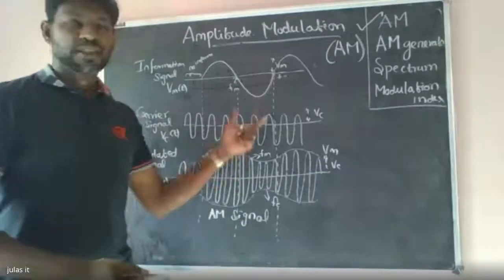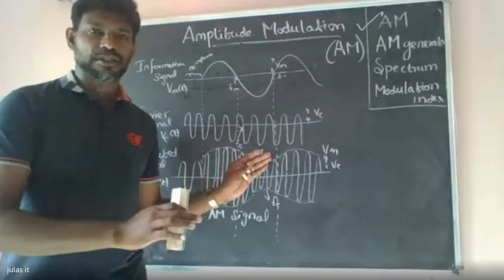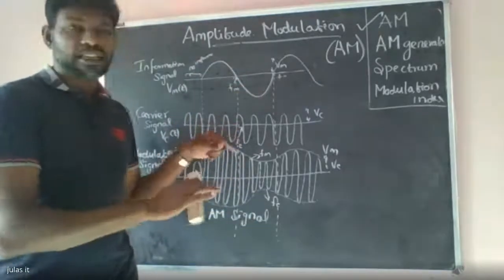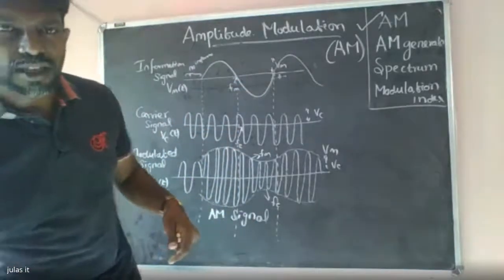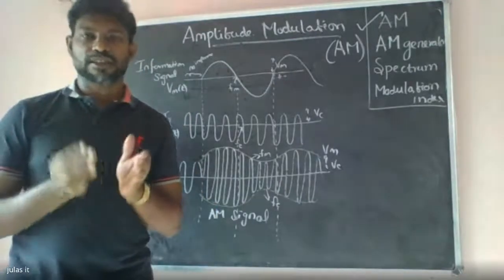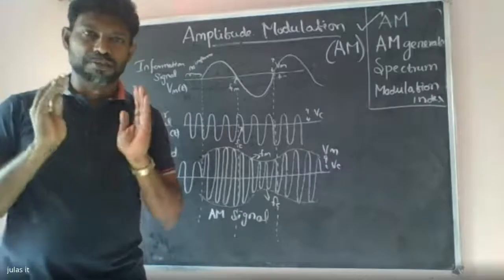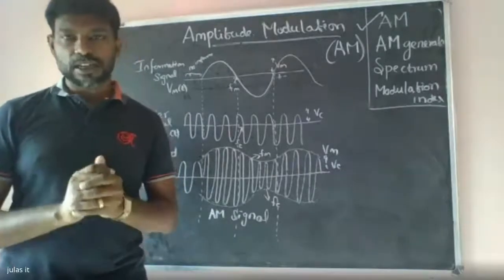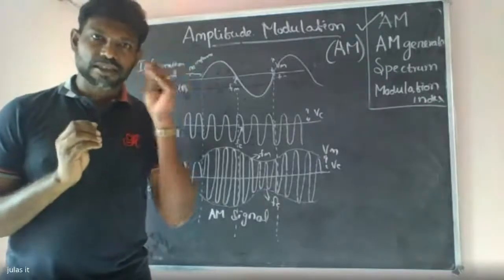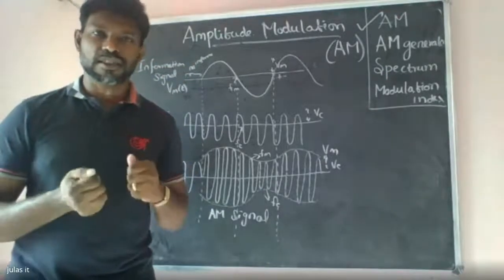So with this, I finished the general diagram. Now I am going to write the equation, right? Whenever you see EC based subjects or wireless communication or embedded based communication or digital, whatever electronic circuits we see, we never see the signal through our eyes. We cannot see a signal through eyes, right?